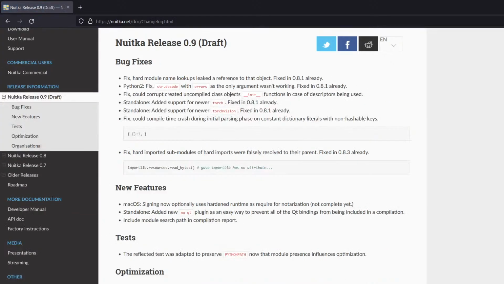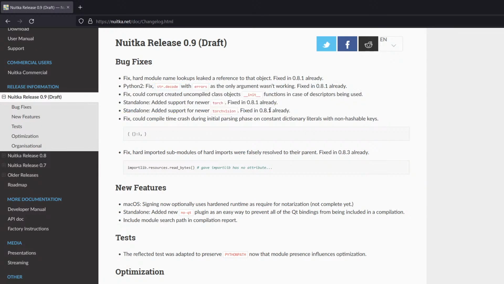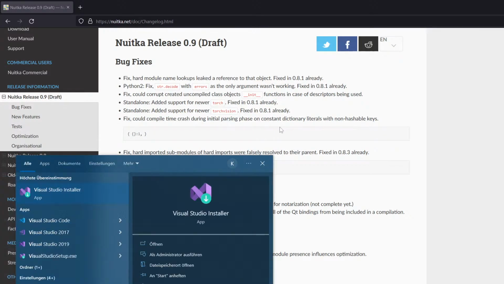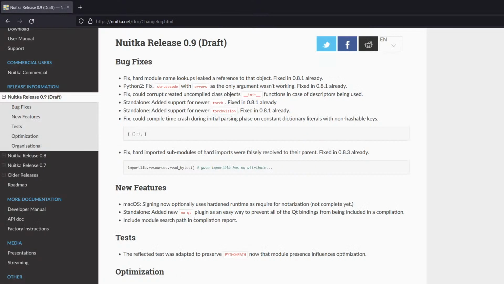Okay, where do we want to go? The draft. A few hotfixes have been made. The first one is always the more important one. What people have been asking a lot in the past is support for Torch and Torch Vision. That's not a regression, it's actually a feature fix and has been done largely with, let me start Visual Code, anti-bloat work.